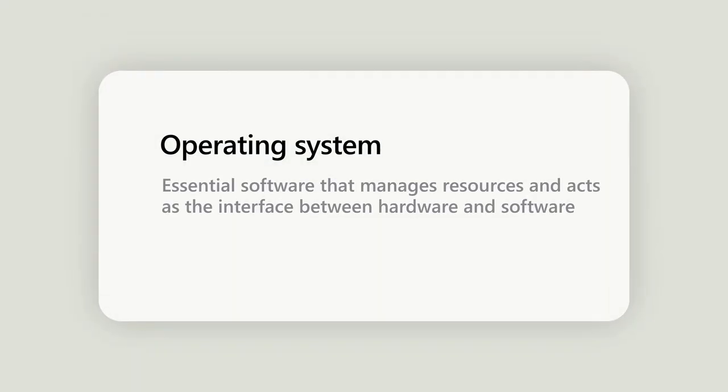The OS is the foundational software layer that manages hardware and software resources and provides common services for programs. It serves as the crucial interface between physical hardware and the end user's application software. It has several core functions. Let's examine them. First is resource management. The OS optimally allocates hardware resources such as CPU time, memory space, and input-output channels to various software programs, ensuring